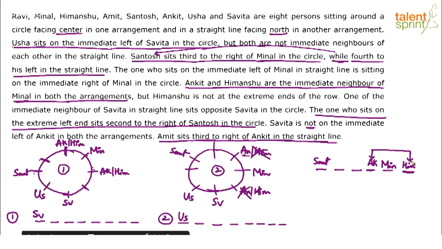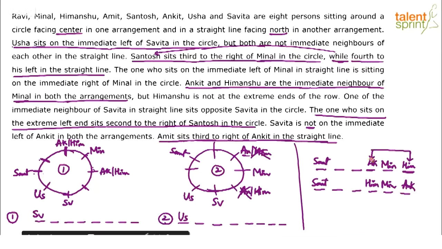Now, let's say, I'll draw. I hope all of you are able to follow. See, there is case 1 of circular arrangement, case 1 of linear arrangement, case 2 of circular arrangement, case 2 of linear arrangement. Whatever I am doing on the right hand side with respect to linear arrangement is applicable for both the cases. This is general information that we have, right? So what I would do is take a duplicate of this one. Let's say Himanshu here and Ankit here.